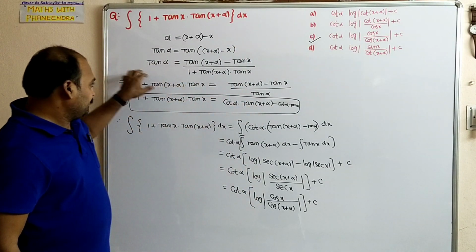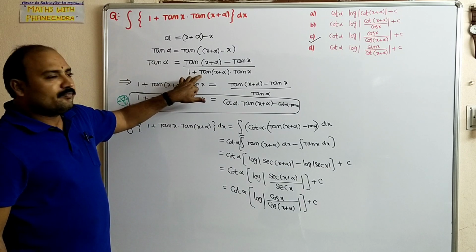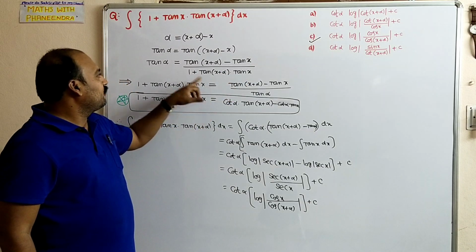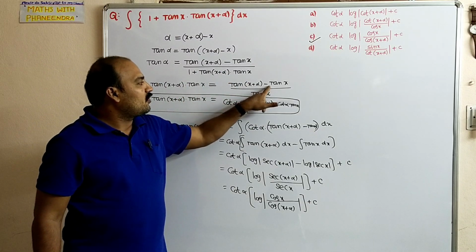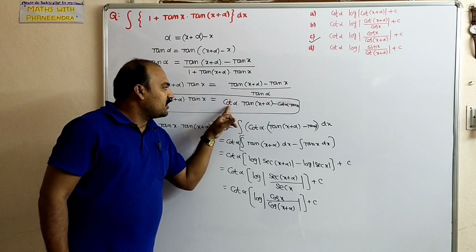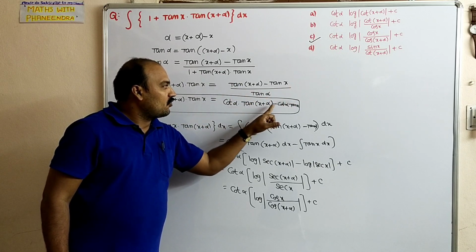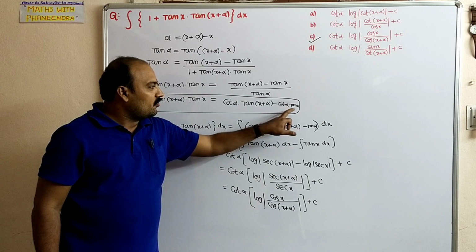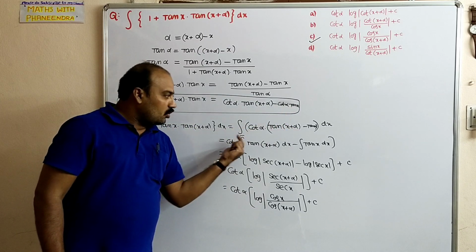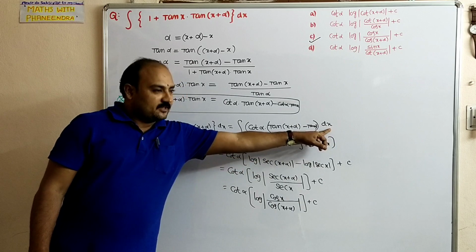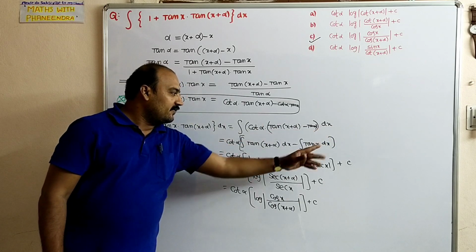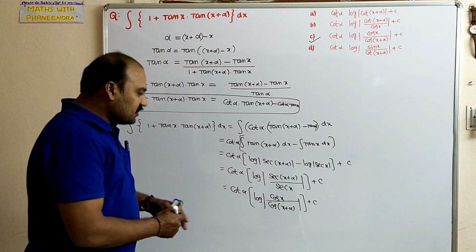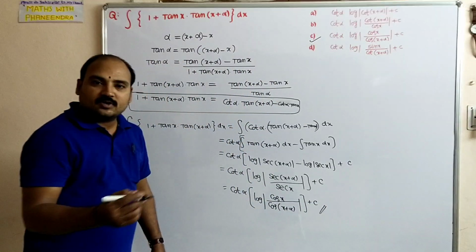See here, once again I'll repeat. We are interchanging these two. After that, 1 plus tan of x plus alpha into tan x equals 1 by tan alpha into tan of x plus alpha minus tan x. So 1 by tan alpha is cot alpha into tan x plus alpha minus tan x. Now cot alpha we are taking common throughout. Why? Because integrating with respect to x, cot alpha you can take outside, and we can integrate each and every term. Integral tan x is log mod secant x. So based on that, it is there in the third option. We will move to the next question.